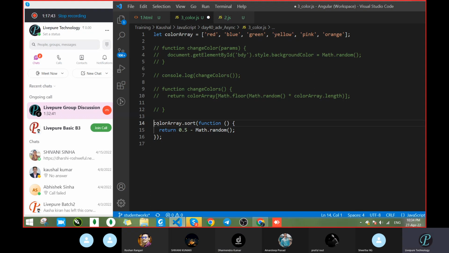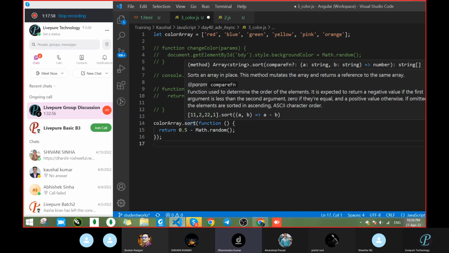That's fine. But here we are taking that color array, that becomes the array, and then we are doing the sort. So here it returns some value, and then it's returned by the sorting method. Sir, it's sorting index wise. Whatever the length of that color array, it interchanges positions like that, sir. It's giving a function like this one, a minus b.